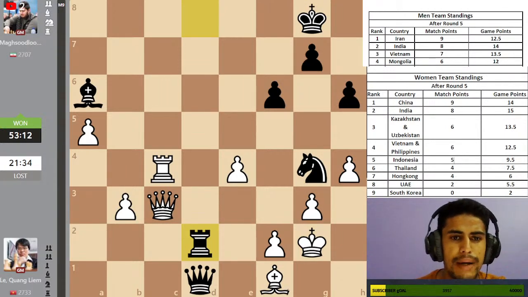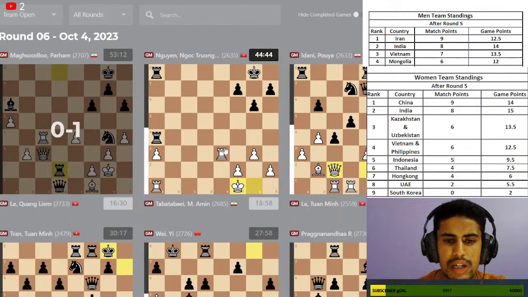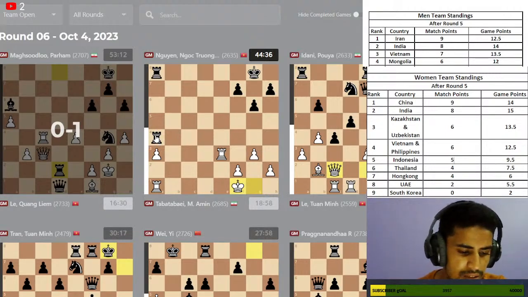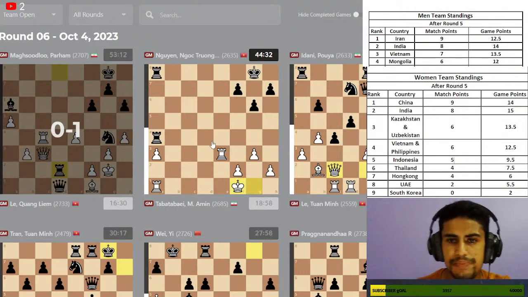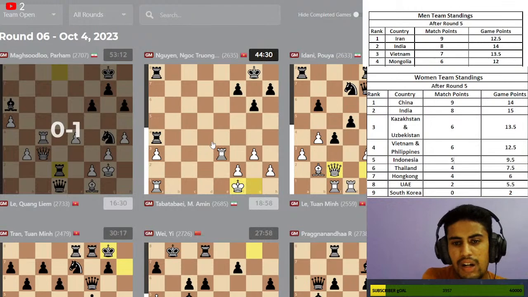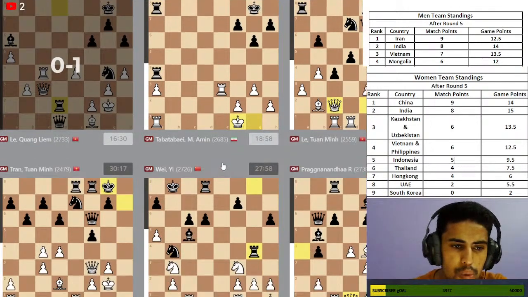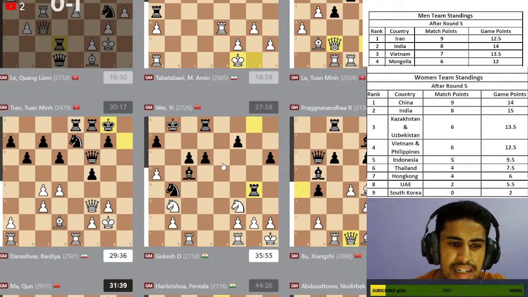So let's go back here and see that, okay, in the game of Amin Tabatabai, the game was very much equalish. Although he is a pawn down, two rooks are already staring at the pawn on this h file. And in the game of, okay, already I hope, wow, that would be a great result if Lakpom Lang's team is able to hold or even